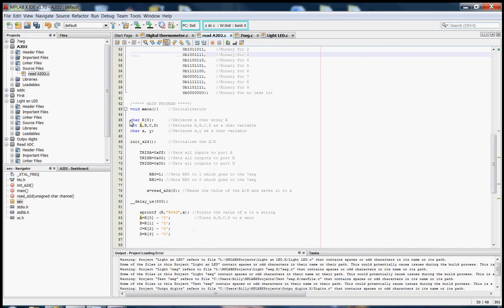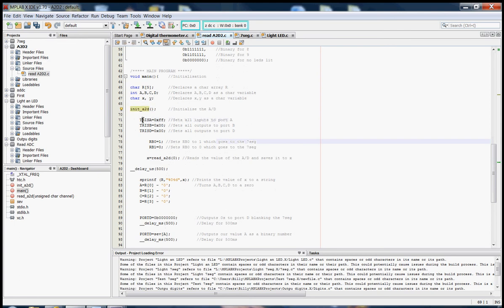So within the main program, we're declaring a character array R with 5 numbers. Then we're setting up our ints A, B, C, and D. And then we've got 2 character arrays, X and Y. This line here is just initializing the analog to digital converter, followed by our settings here for the ports A, B, and D. So port A is being set to all inputs, port B and D are being set to